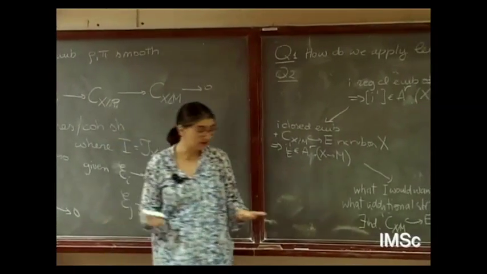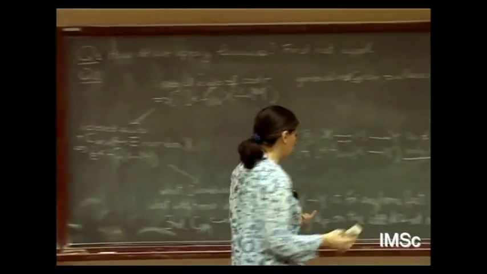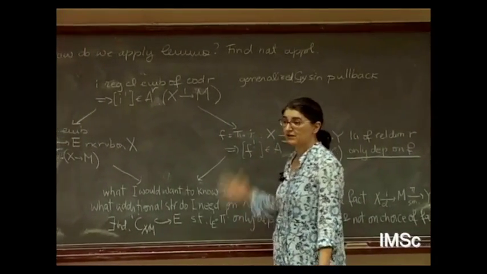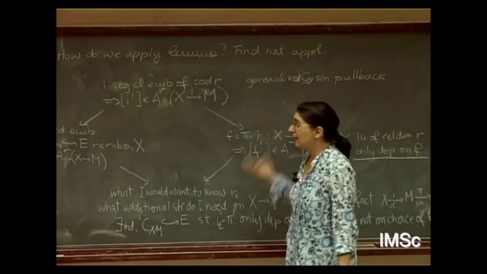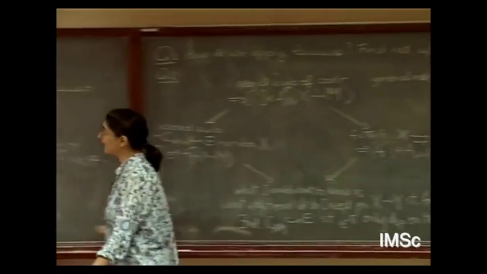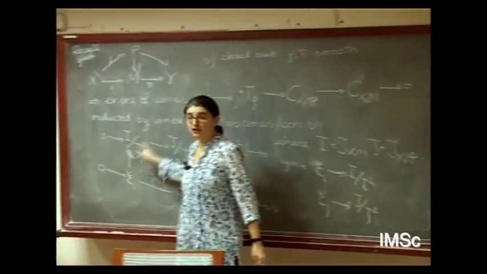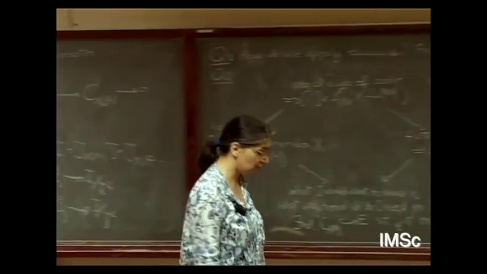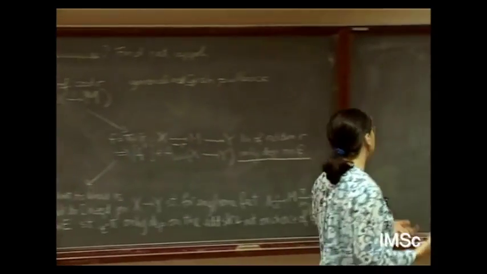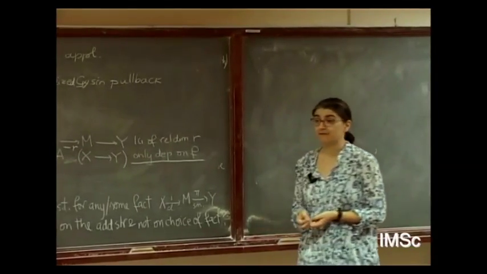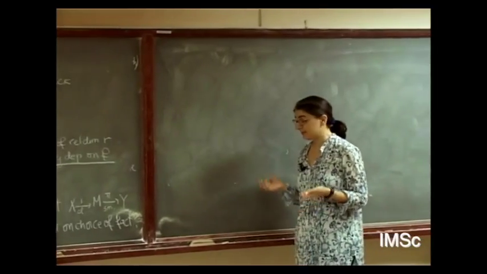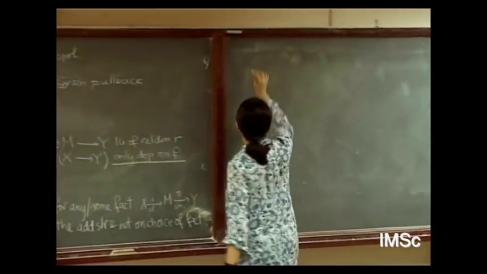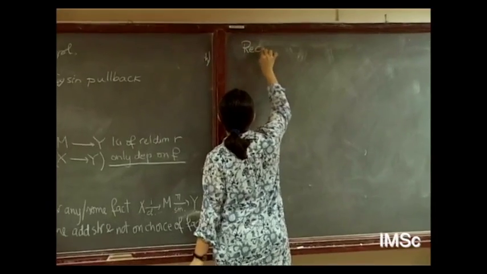So what I want is something global, which I can define directly on X to Y, without choosing a factorization, and which basically carries the information of each of these I mod I squared. But recall, I had told you we had one object which was globally defined, which was an element in the derived category. So recall what we had seen,